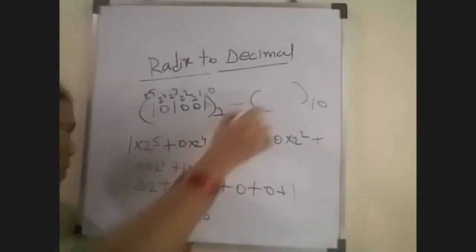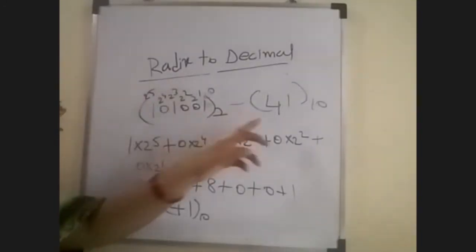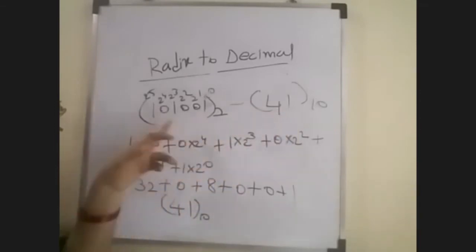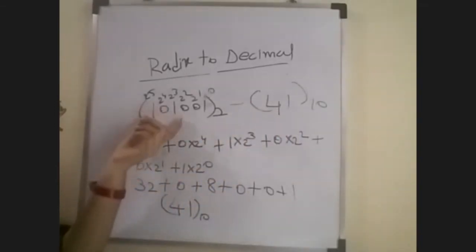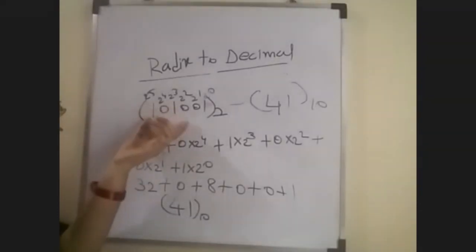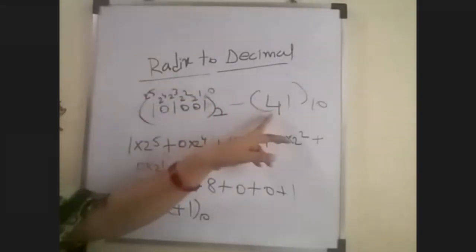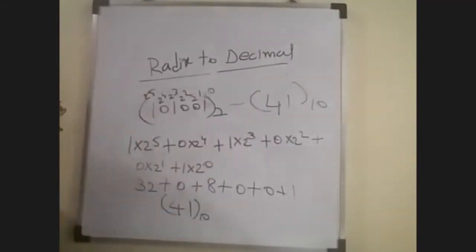So you can cross check. Normally, in the previous example, 41 was a decimal number which we converted into binary, and the result was 101001. Now you take that binary number and convert it into decimal, and you get the same answer, the same decimal number. Is it clear? This is one cross verification method to check whether you did it correctly or not. Is it clear?